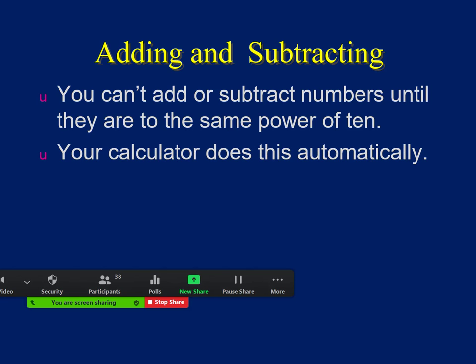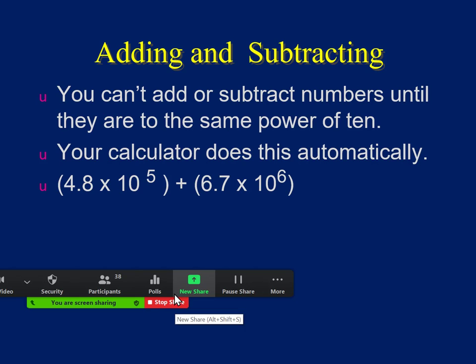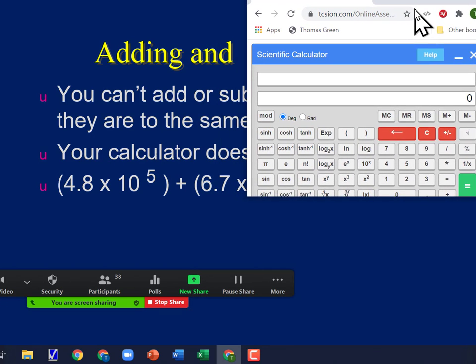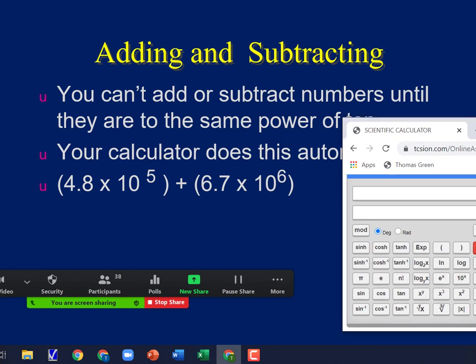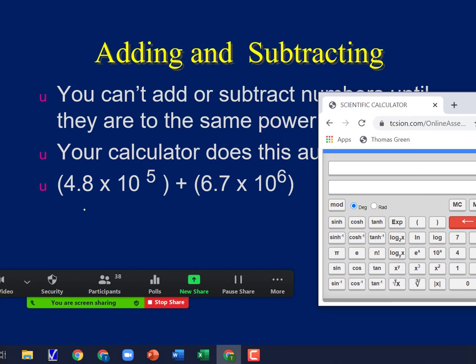Luckily for you, your calculator does it automatically. So if I ask you to add those numbers, your calculator will take care of it for you. And, oops, can't put it over the numbers, or we won't be able to see what we're doing. So you got to enter in your calculator, type the